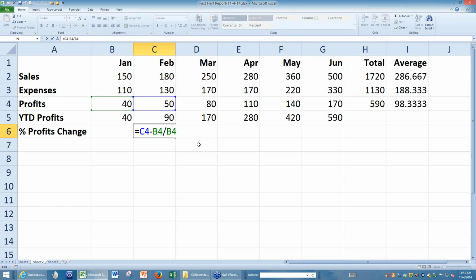Anytime a formula is wrong in Excel, one of the first things you want to consider is, did you or did you not use parentheses? Did you possibly use them in the wrong way, or maybe you forgot to use them? Now, if you're familiar with standard calculators, and we're not using them nearly as much as we used to, standard calculators